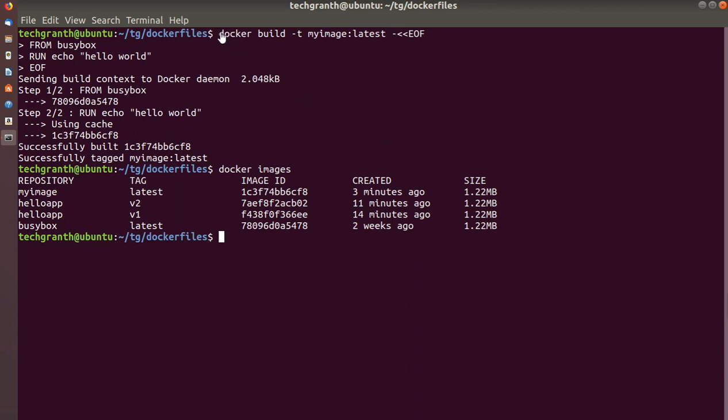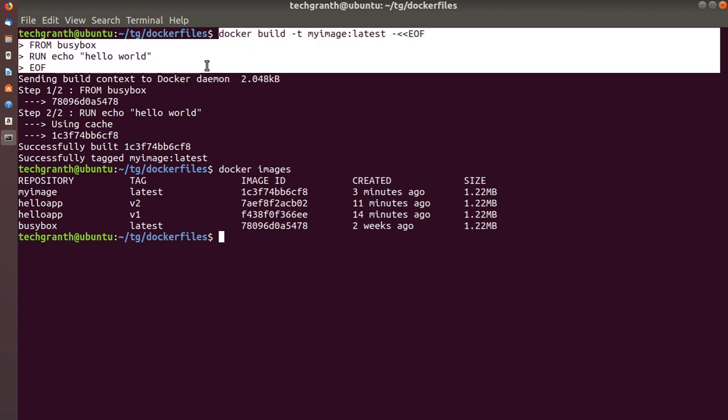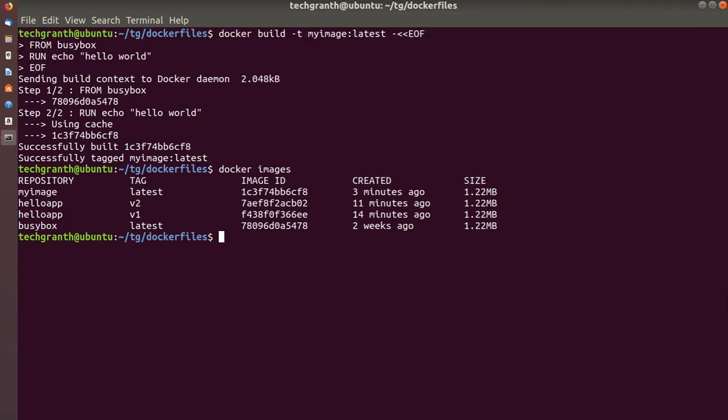But this option will not be useful. It will fail when we attempt to build a Dockerfile that uses COPY or ADD instruction. So let me show you how.